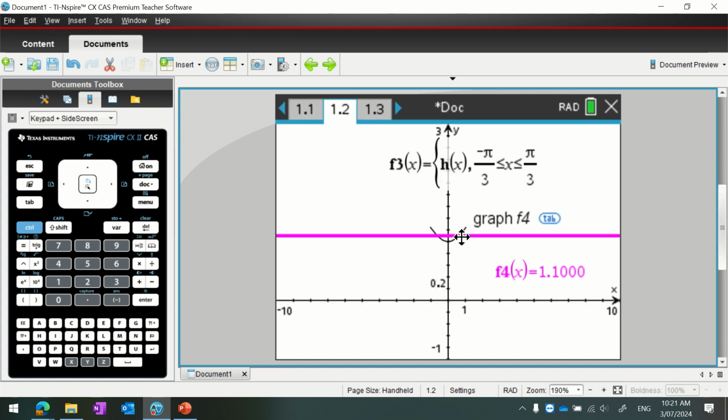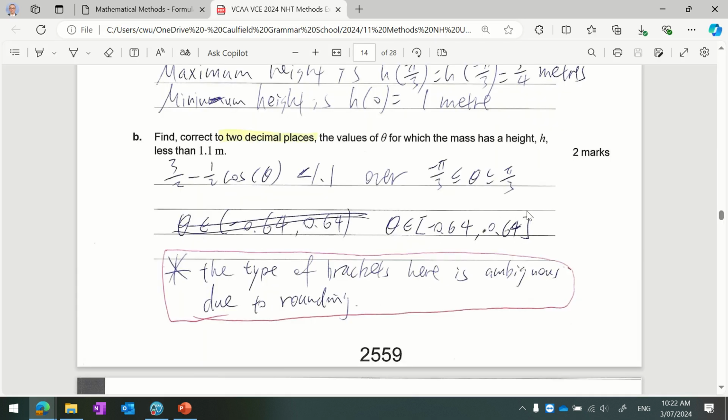So if you start at the actual intersection, when you round this, you're going to be less positive. So you're going to move to the left here. If you move to the left, then you are really at a height that is less than 1.1. So after you round, you should put an inclusive bracket here, because exactly at theta 0.64,